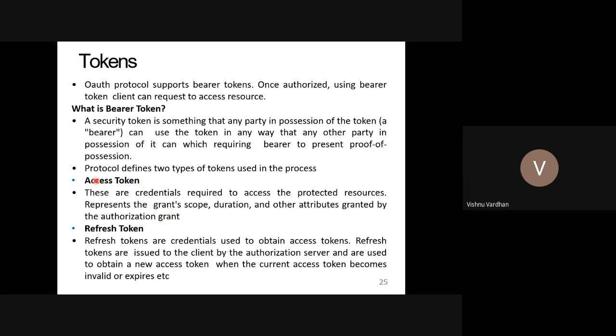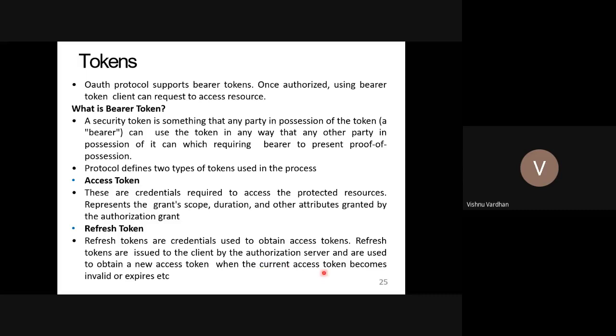So that is going to give a new access token, but the request is being made by the same customer, and it is for the extension of the authentication. This provides the extension of the authentication that you want to have for some extra time, for some 2 hours or something like that. So in that way, we can have the refresh tokens. They are nothing but the new token that is being generated by the authorization server.